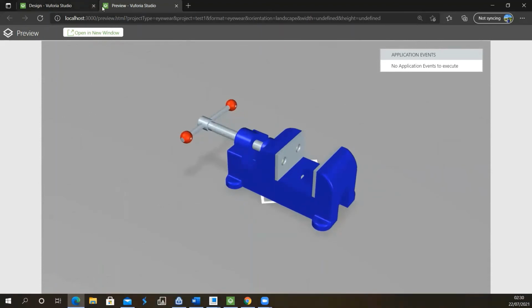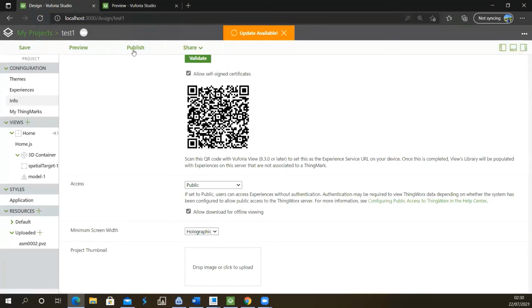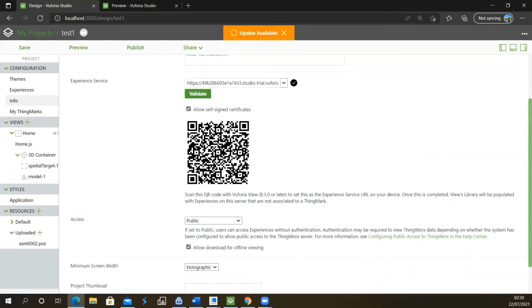And then if I go back here, I can click on publish. Once I click on that, it will take a couple of seconds, and now you can see processing the project, and project published successfully. Now if I open the HoloLens and I scan this QR code, I will be able to